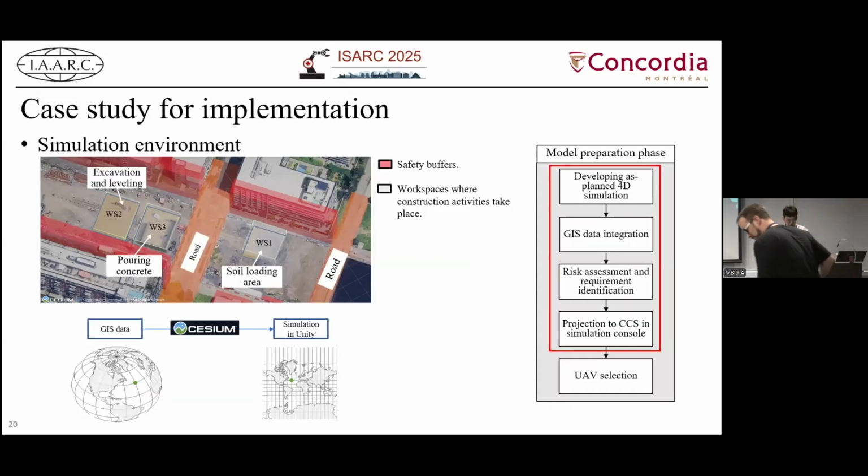So in the first part, we prepare the simulation environment, as mentioned before, and then we bring in the data. We integrate the GIS data into the game engine in Unity, and then we define the workspace and define the safety buffers, I mean the dangerous areas.